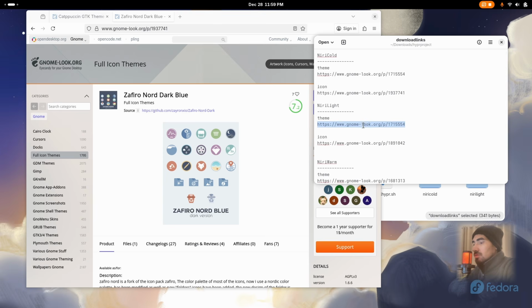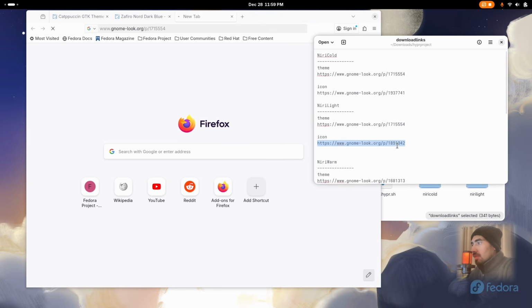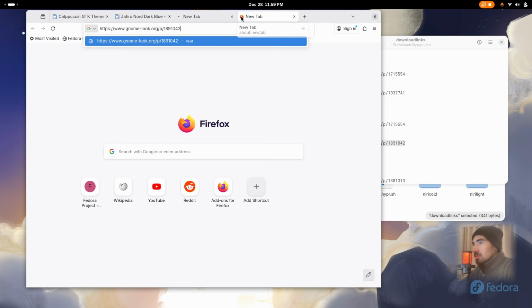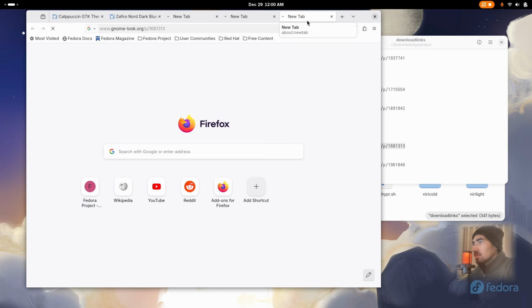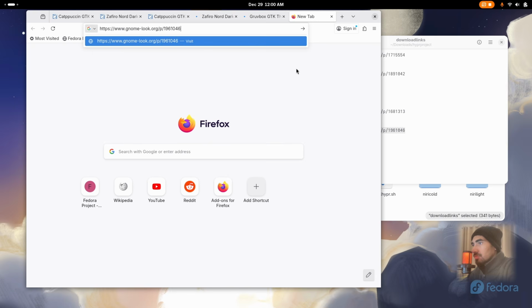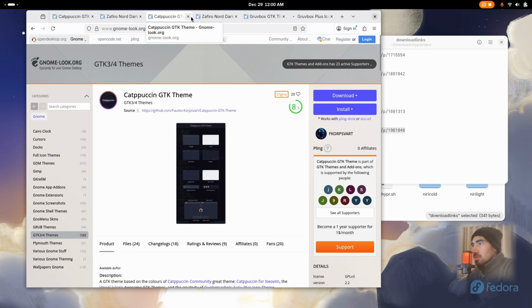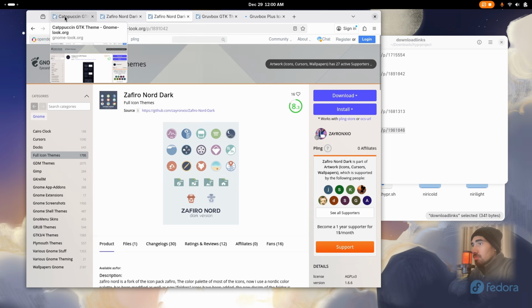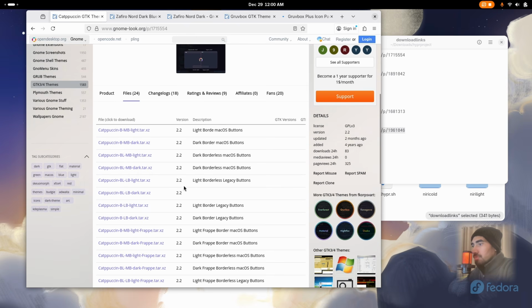All right, now let's get this one, and then this one, and then this one, and finally this one. Okay, so let's go to this first one and actually close this one because these two are basically the same. So over here, go to files and then click on this one,